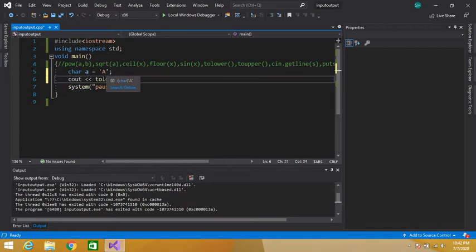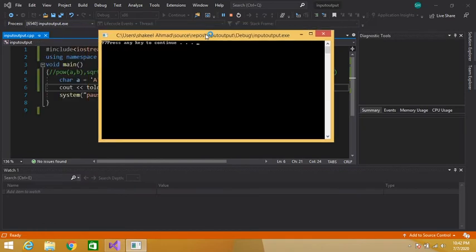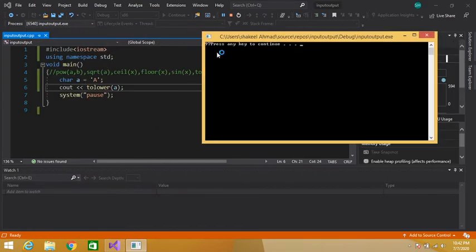It will convert this uppercase character to lowercase. It's displaying 97. Why? See, the ASCII value of capital A is 65, and the ASCII value of lowercase a is 97. So it has returned 97. It means it has converted into a lowercase letter.